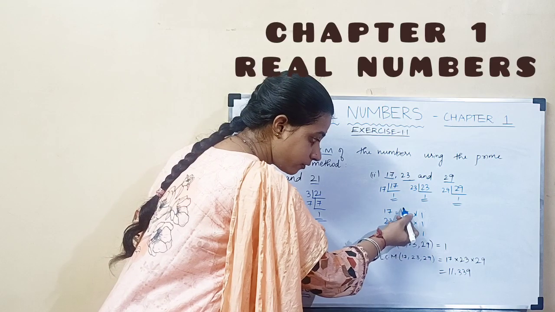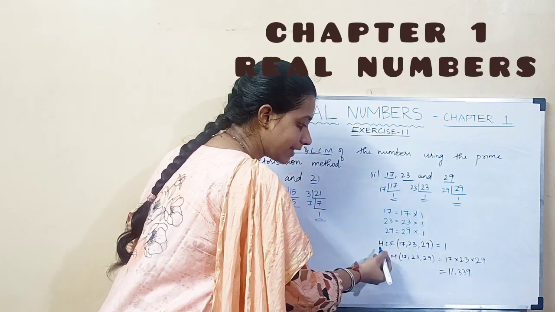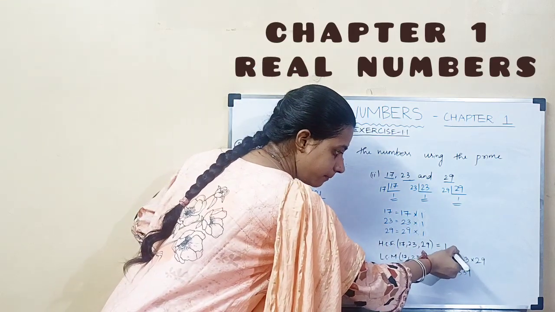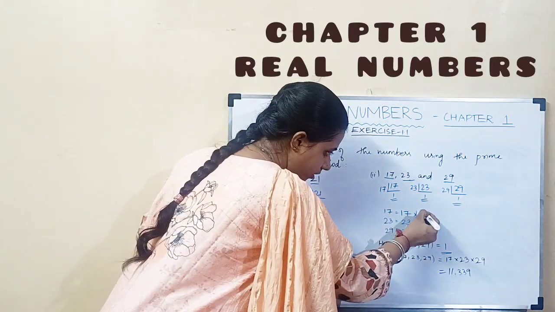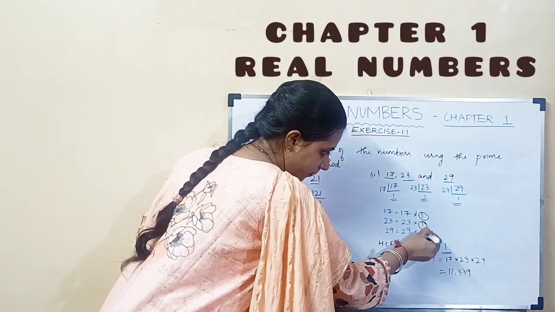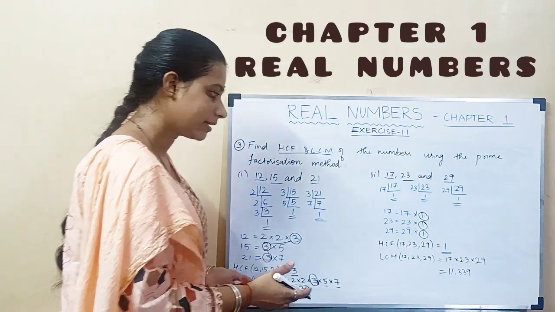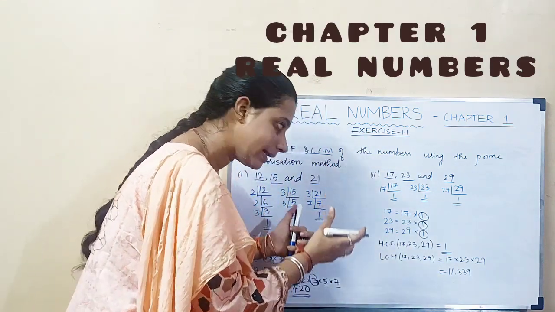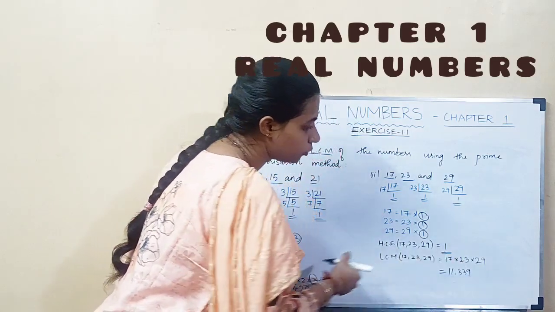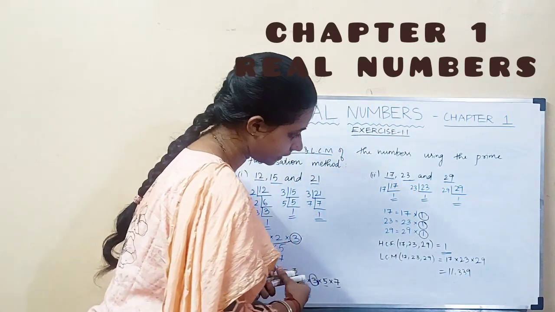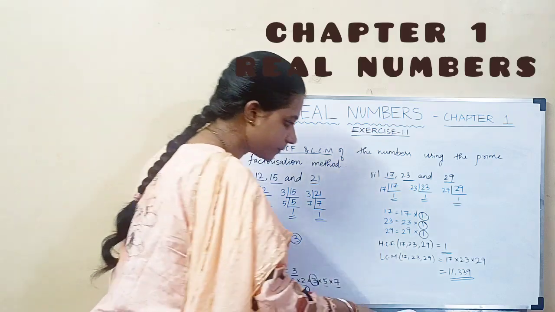But in case of prime numbers, HCF will always be 1 because that will be the only common factor between different prime numbers. Now comes the LCM. LCM will be directly the product of the given prime numbers, like 17 into 23 into 29, which is